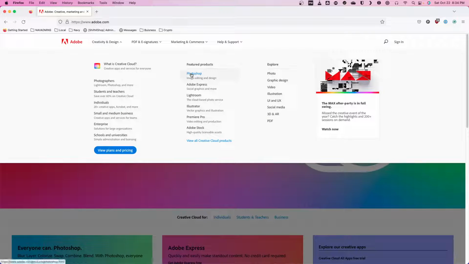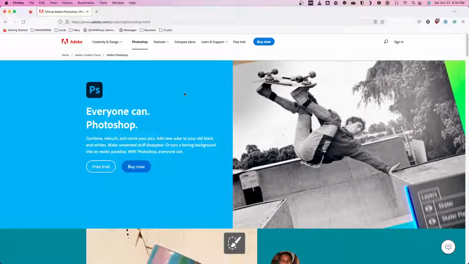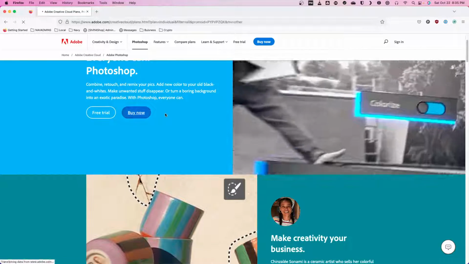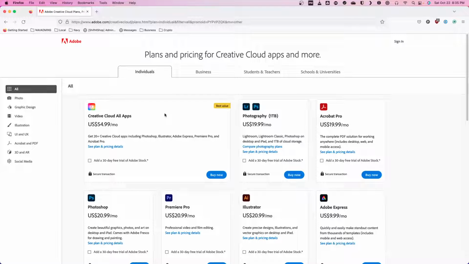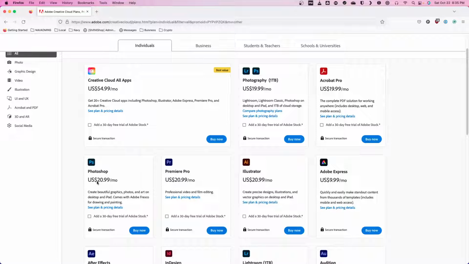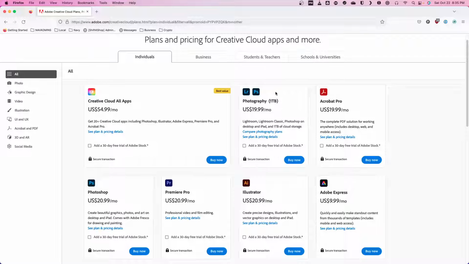Now you can go over here and go to Photoshop, and then you can click on buy now. And Photoshop is $21 a month. I don't suggest going that way. I don't know why they do it that way. What I suggest is this plan right here, and I know it says $20 a month. However,